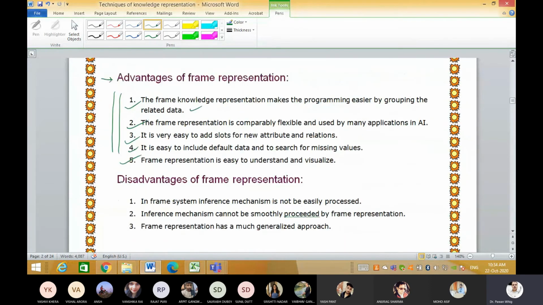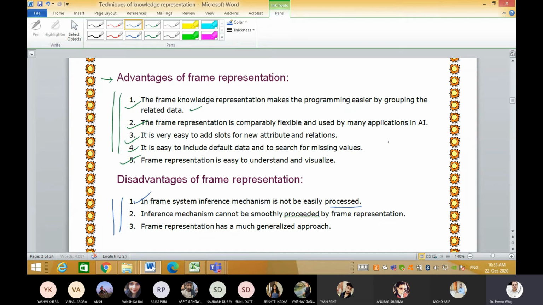Now since everything has some advantages, definitely they have some disadvantages also. Let me go quickly. What are the disadvantages of frame representation? Number 1, in a frame system, the inference mechanism is not easily processed. This is very important.